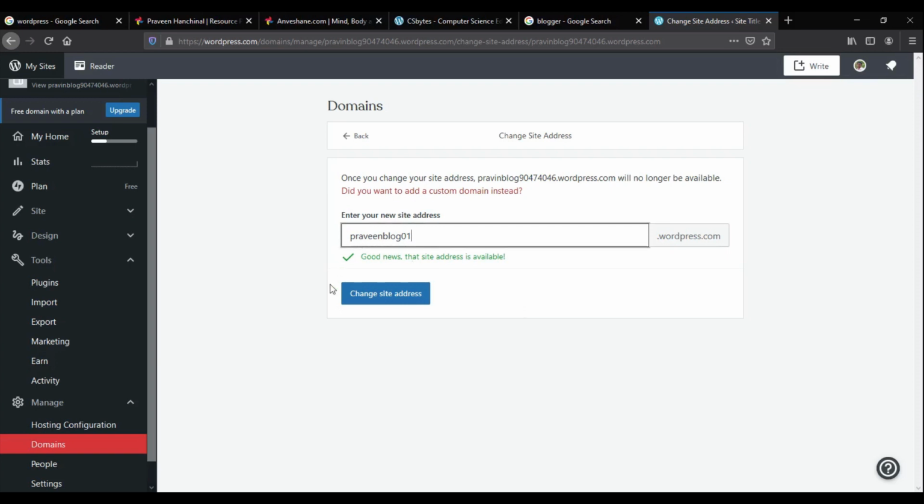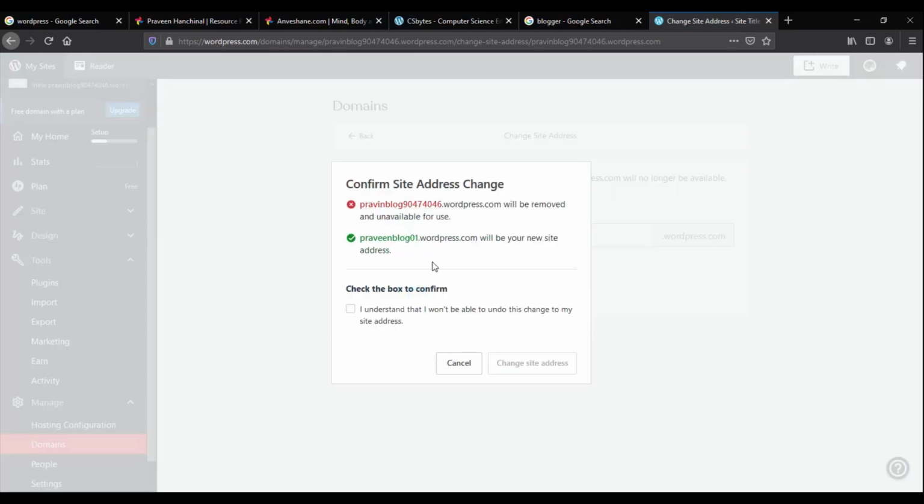Now your permanent address will be praveenblog01.wordpress.com. Then click on change site address. It will ask you to confirm the change, just to make sure that you are not making any mistakes. From this point onwards you will be available on this WordPress address, which is easy to remember compared to the previous one.